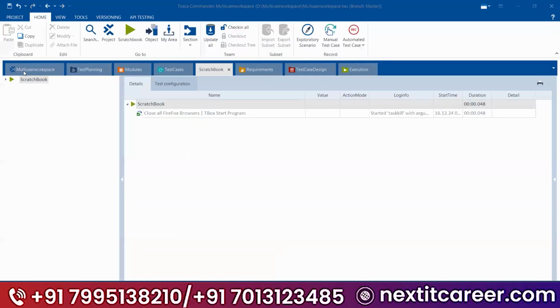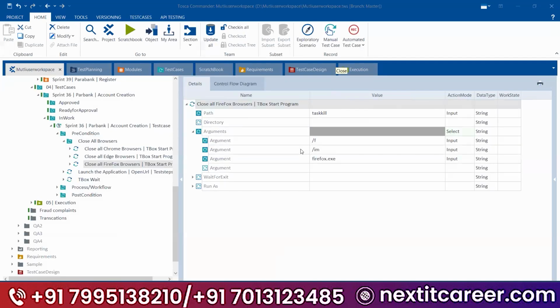So now, okay, Rajesh, I got this one. If we close all the browsers, how can we scan our requirement? I will tell you. Very good question. I will tell you. See what we are doing here. For example,